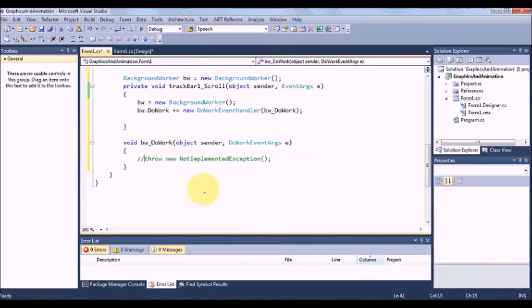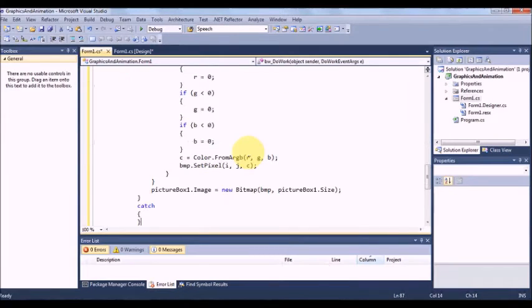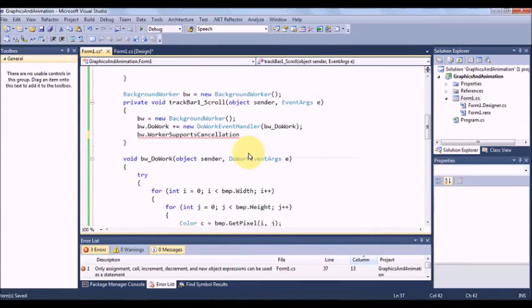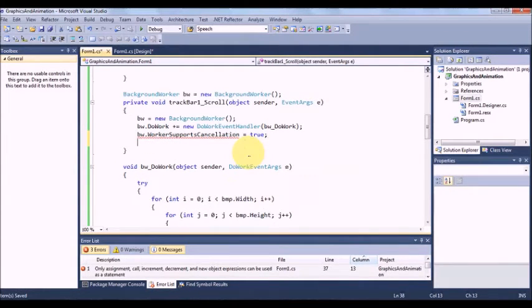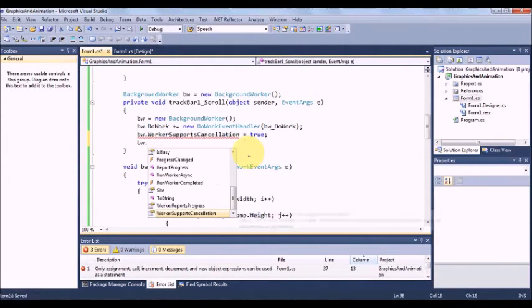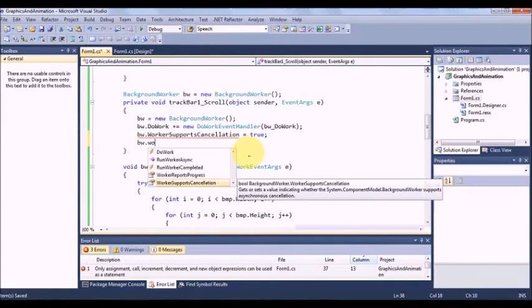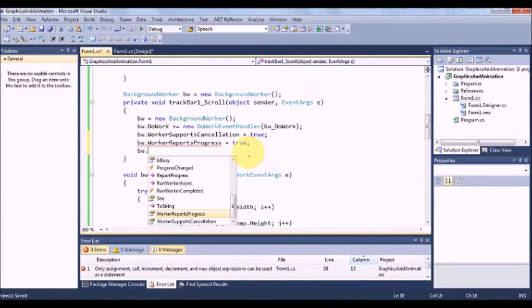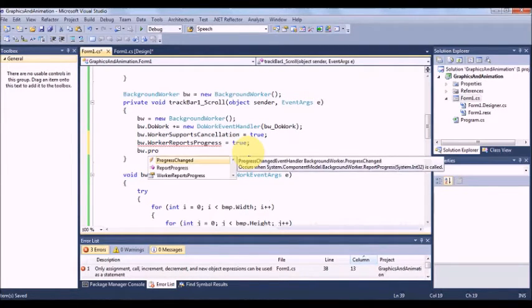This whole code should come within DoWork. We should also mention bw dot WorkerSupportsCancellation is equal to true, bw dot WorkerReportsProgress is equal to true, bw dot ProgressChanged,